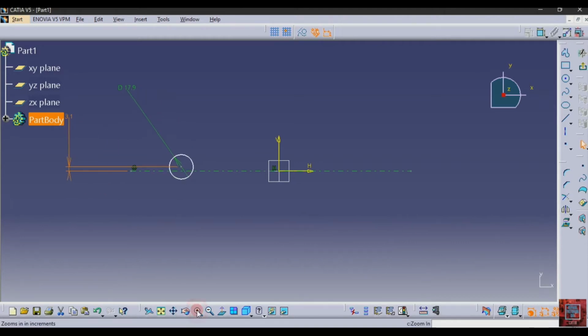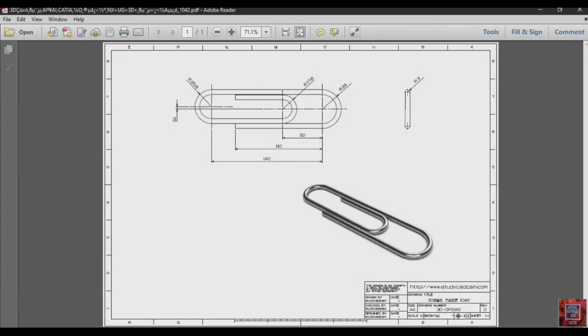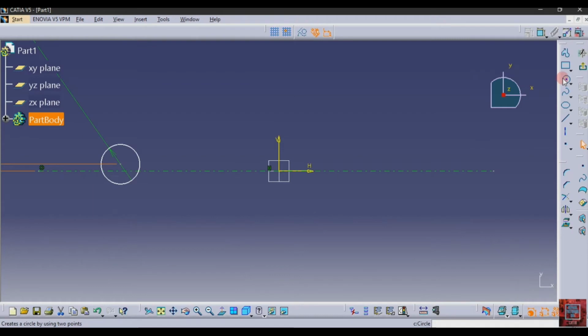Then zoom it out, and after that make one more circle at the horizontal axis.